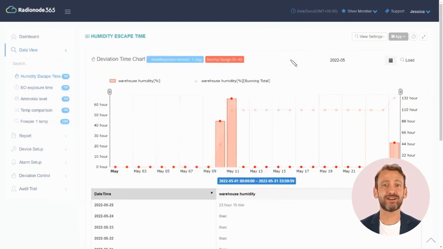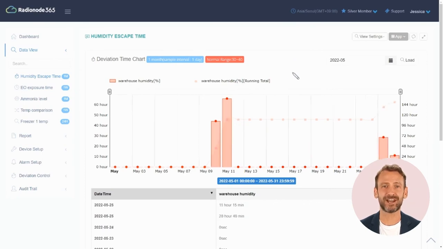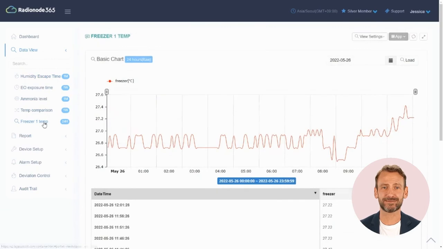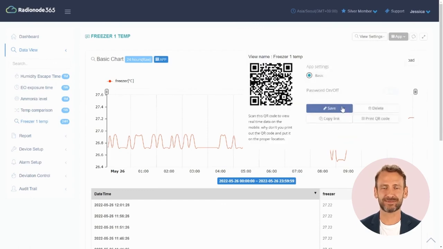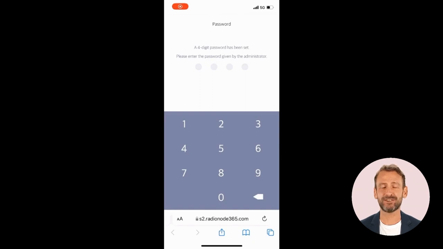Let's go back to Radionode365. This time, we will print the QR code. Let's press Freezer 1 Temperature in the data chart created on the left. Click App in the upper right corner and click Add. Is the QR code generated? Let's set a password for data security and click Save. After entering your password,